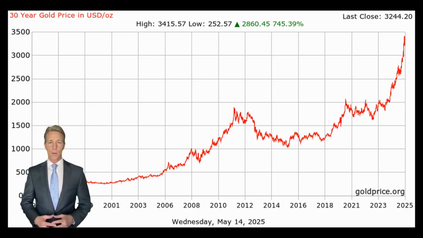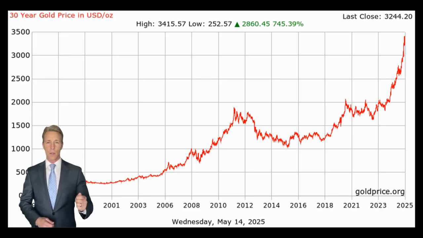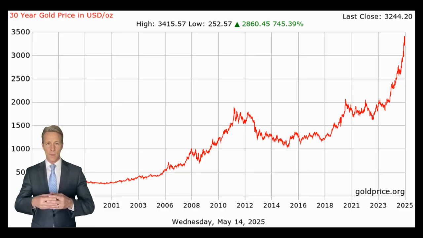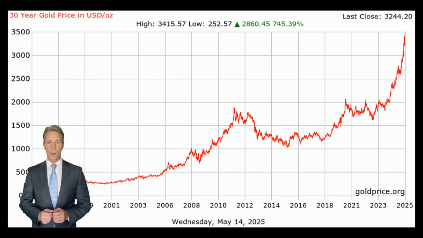However, fiat currencies also face several challenges, including the risk of inflation, currency devaluation, and loss of confidence in the monetary system. Events such as hyperinflation in Zimbabwe in the 2000s and the collapse of the Venezuelan bolivar in recent years highlight the fragility of fiat currencies. The recent almost exponential rise in the price of gold could signal a massive loss of trust in the US dollar. It remains to be seen if the current administration can restore that trust.